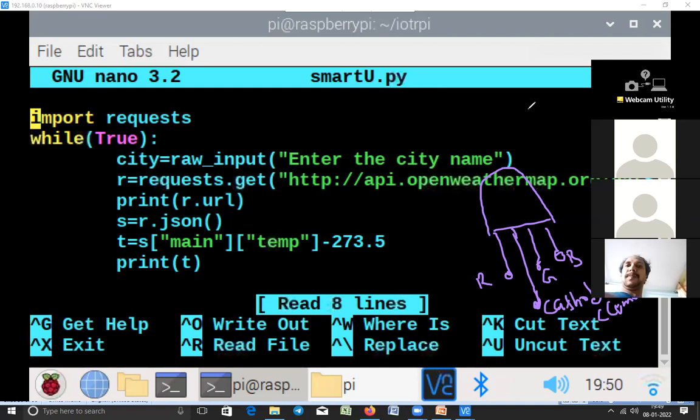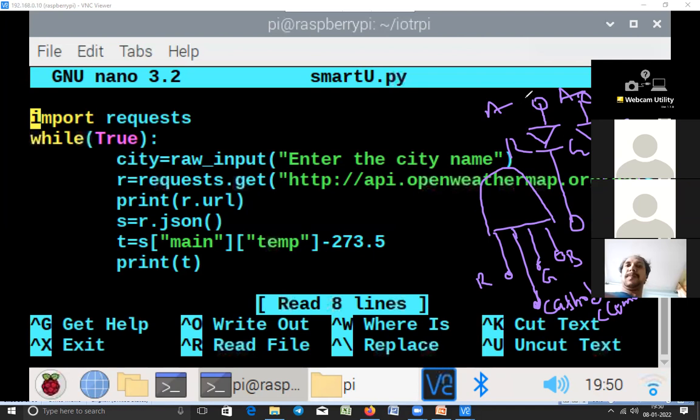Internally, they are connected like this. There are a total of three LEDs, red, green, and blue. This is the anode, the positive side, of each, and these are the cathodes.